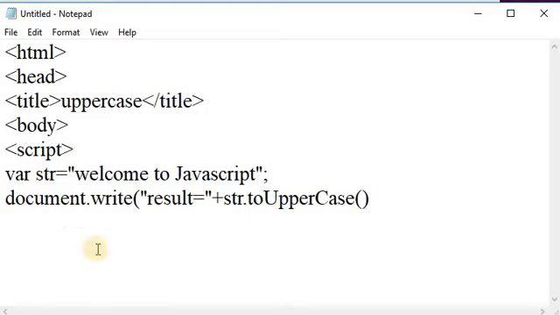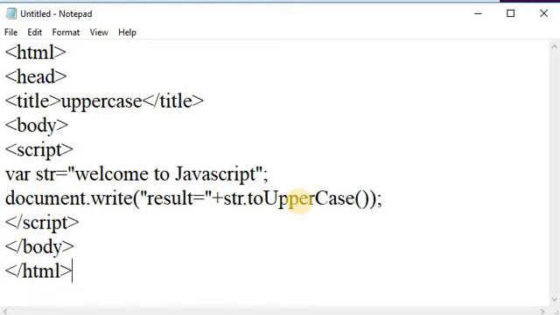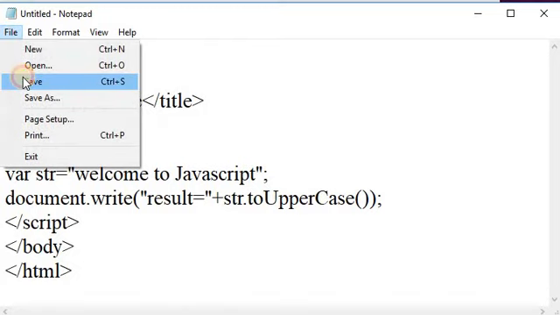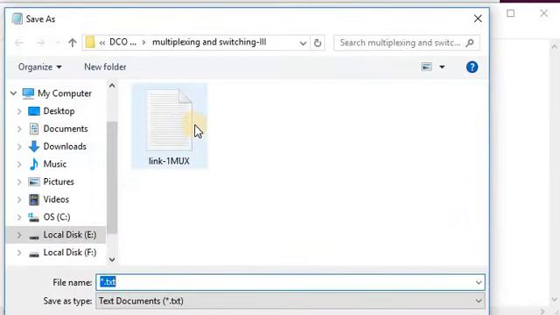This is the syntax of the uppercase method, that is string.toUpperCase(), and close the write method. After closing the write method, close the script tag, close the body tag and close the HTML tag. Save this file with the extension .html.